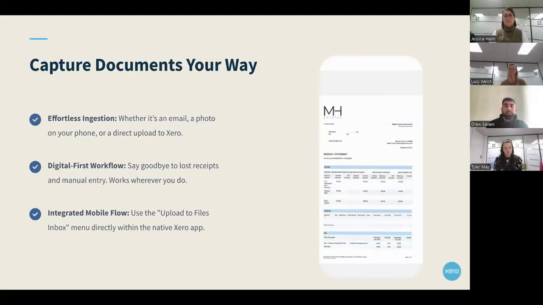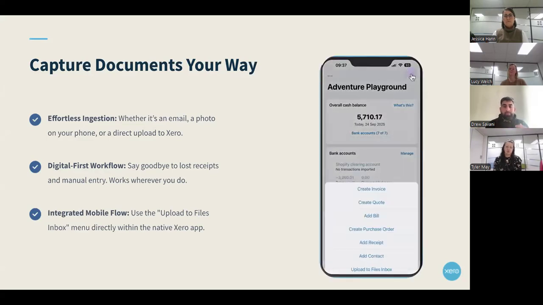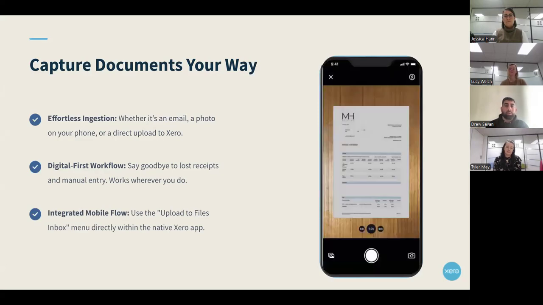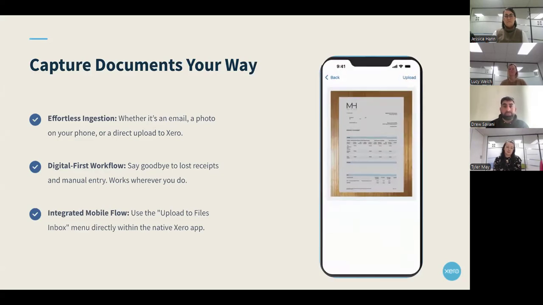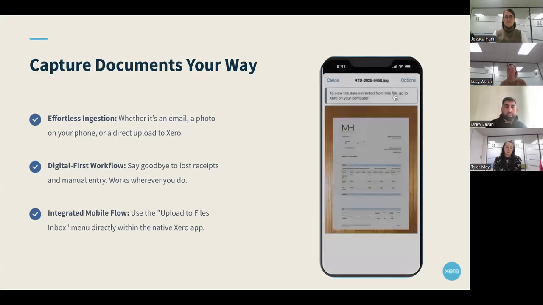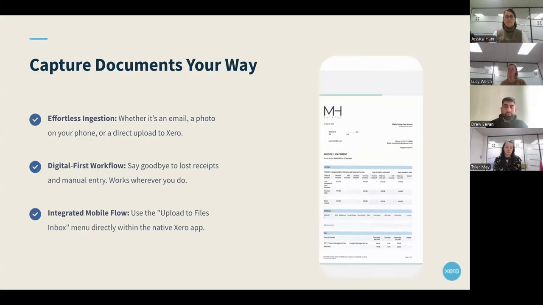This means that if you can get into a rhythm and a routine of taking pictures and or emailing documents as and when you receive them, you don't need to worry about storing that receipt in a folder or ensuring that you file it in the way you would currently be doing things.